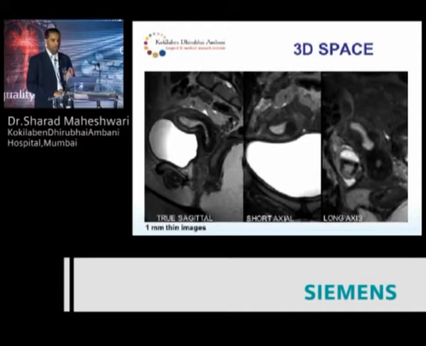Now this patient had an oblique uterus. We did it in true sagittal, and through MPR I have created a true sagittal image of the uterus. But as I go further, this is a short axis, this is a long axis, there is some degradation in the image quality. To make it isotropic, we would have to go sub-millimeter, but I think 1 mm is the minimum right now because going further increases the time.